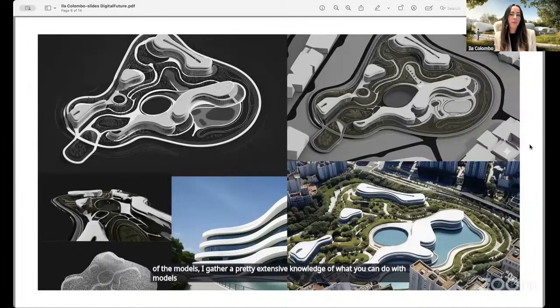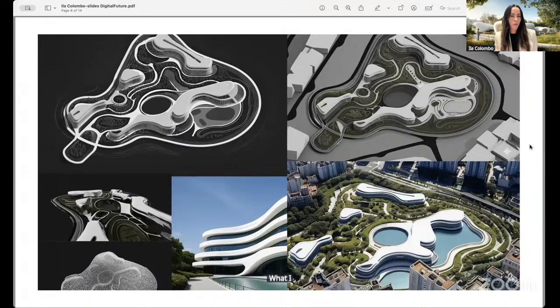Not only that, I gathered specialties, expertise on the models. Like I knew what I would use Midjourney for. I knew what I would use ChatGPT or LLMs for. I knew what I would use Crea and everything within the Crea dashboard for, and so on and so forth. Luma and Pika and all of the video software available as well.